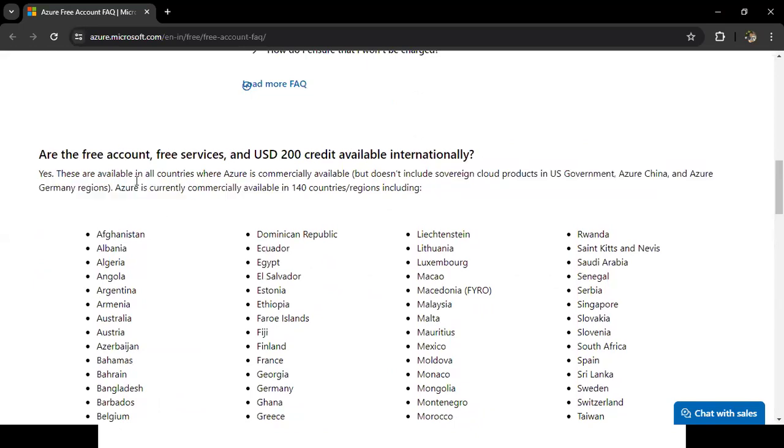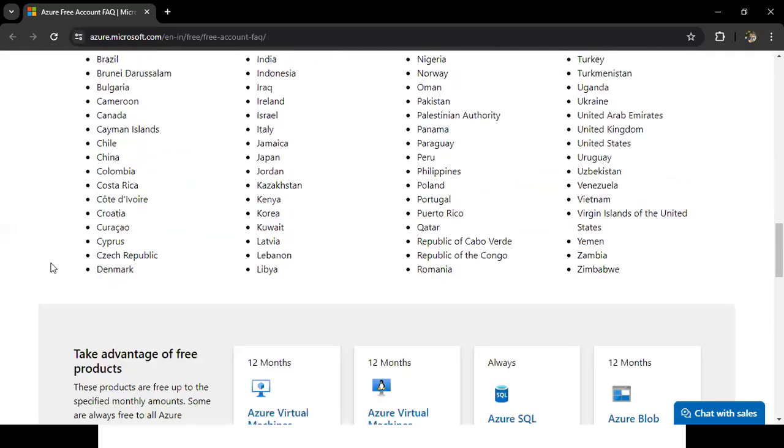And they are not giving it country-wise in the local currency. Only for a limited number of countries are they giving it in the local currency. Like in India, they are giving it. In the US, definitely. In England, they are giving it, and they have some more countries also. In those, they are giving it in local currency. But eventually a person is getting 200 US dollars. So whatever the $200 has been converted to, based on that you are getting it. And we have these 140 countries where we are getting the